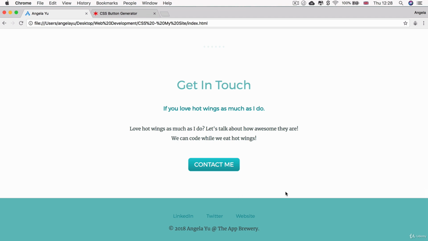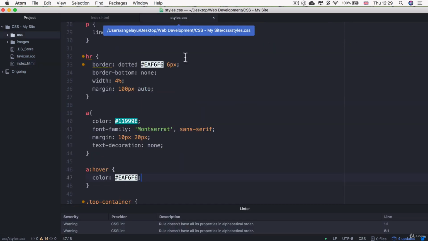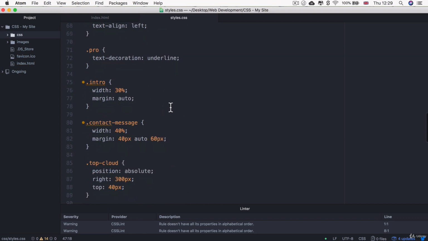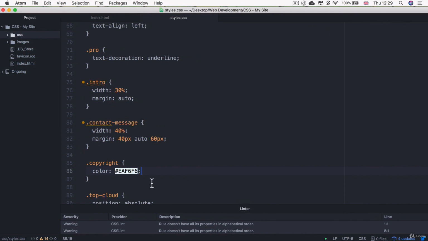Now, the very, very final thing that I'm going to format is the copyright here, and I'm going to change its color to make it less assuming and also make it a little bit smaller. So let's go ahead and see what we used for that copyright message. We used the class copyright. So let's go into our styles.css, find the part where we had the text, and let's go ahead and select the copyright message and change its color to the same as we had for our anchor tag rollover state, which is EAF6. Hit refresh, you can see it's now this lovely light white color,